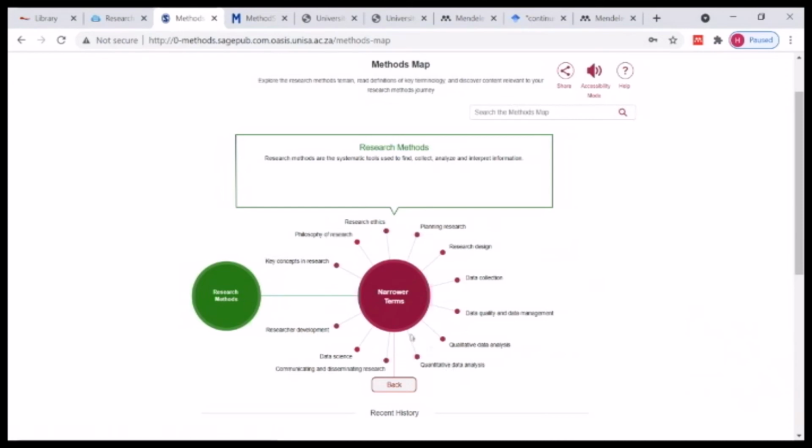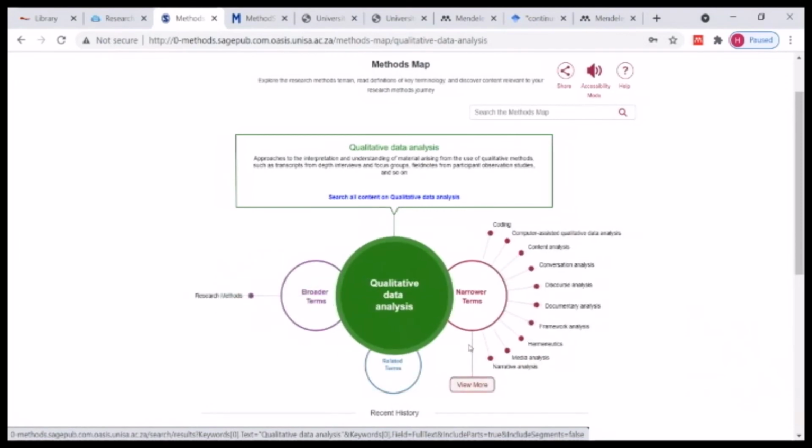So when you're speaking of research methods, you have to talk to all of this, and it depends what you want to go and do. If you want to do quantitative data analysis or qualitative, you have to click on it to see what it says. If I click on qualitative, it will tell me that I'm coming from this angle, and it now puts my qualitative data analysis in the middle of my